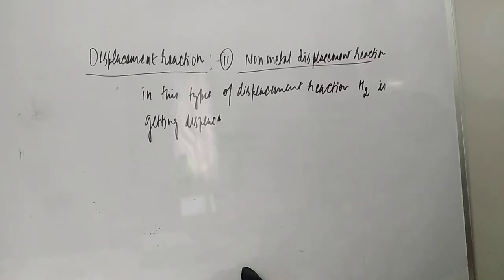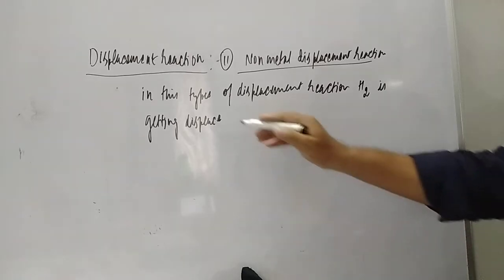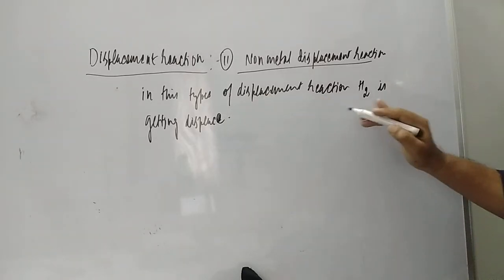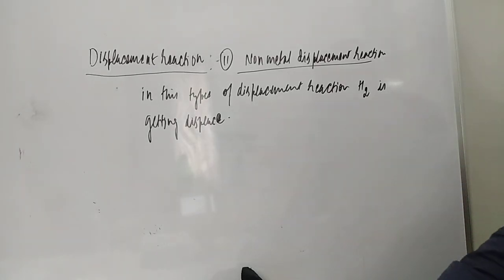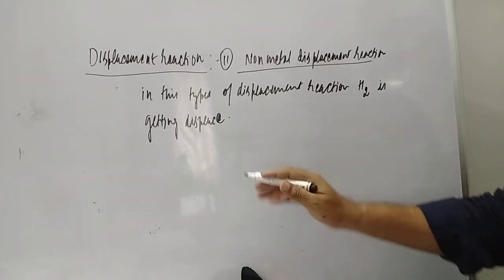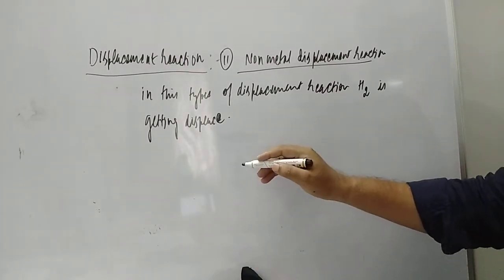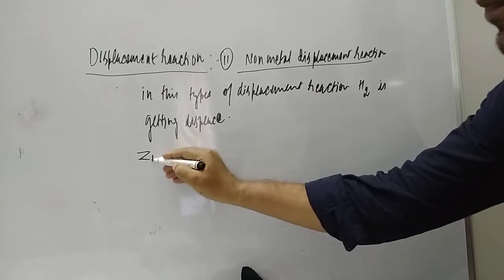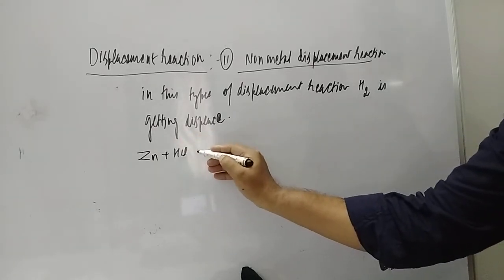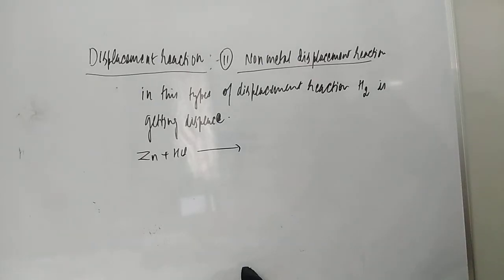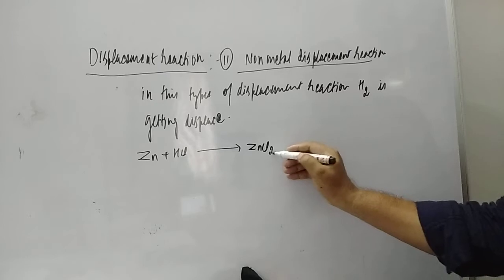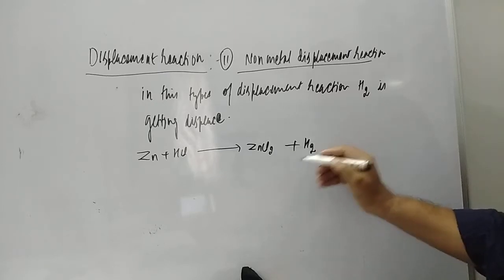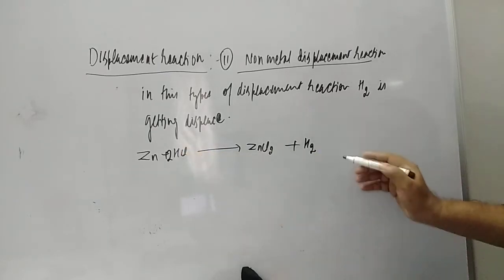And this reaction is rarely occurring. It is not always, but that is what is getting displaced. That is hydrogen. So let us go with one or two examples, then you will be able to understand this reaction. Suppose I am having zinc, and I am treating it with HCl. Zinc will react with HCl, so it will give zinc chloride, ZnCl2, and along with it, it will give hydrogen. So you take two molecules of it.